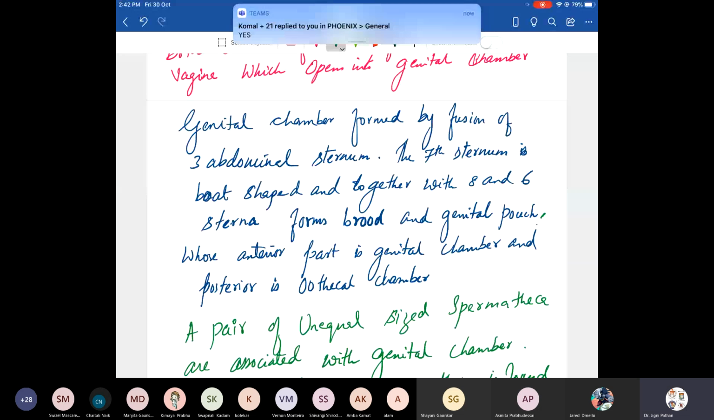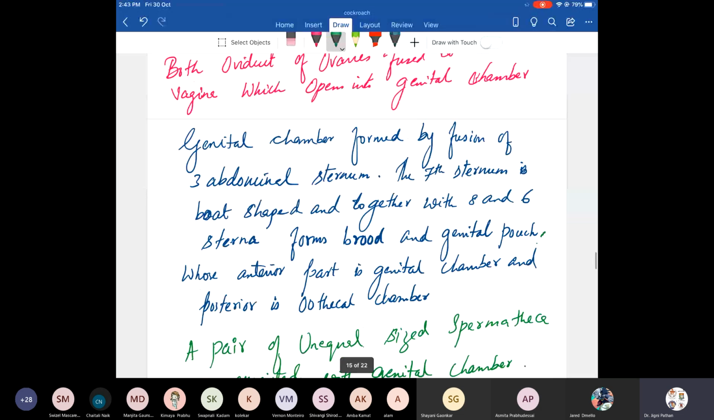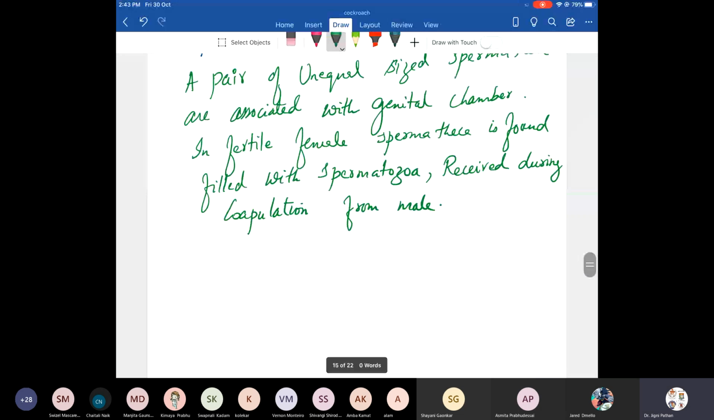Now, the genital pouch has two parts. The anterior it is called genital chamber, the posterior one it is called oothecal chamber. For example, if this is genital pouch, the anterior is genital chamber, whereas the posterior part is oothecal chamber. Is this point clear? Next,